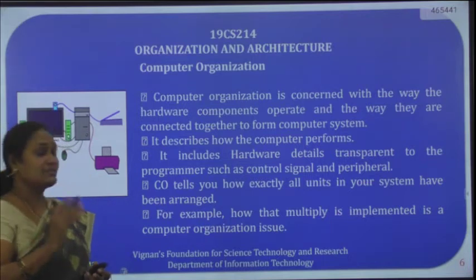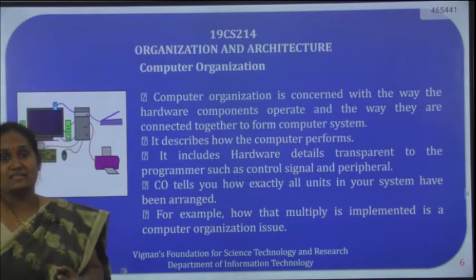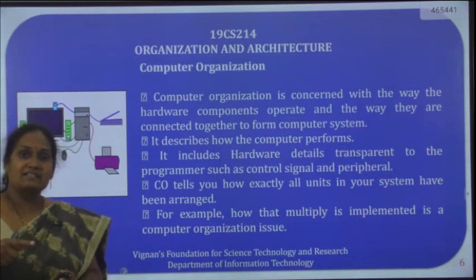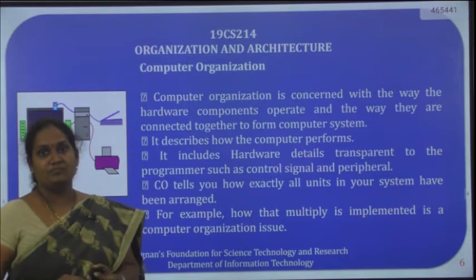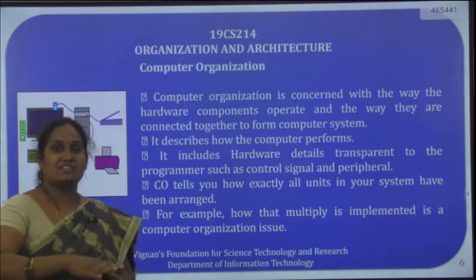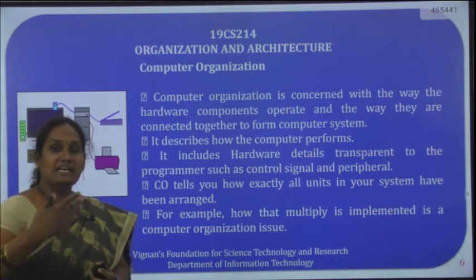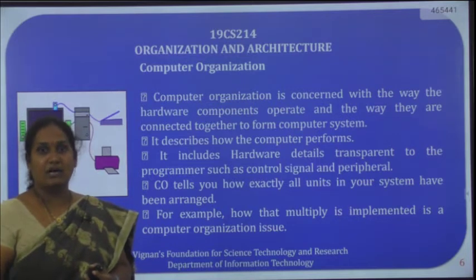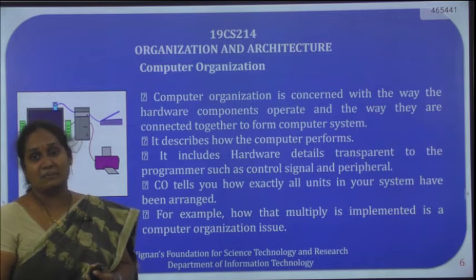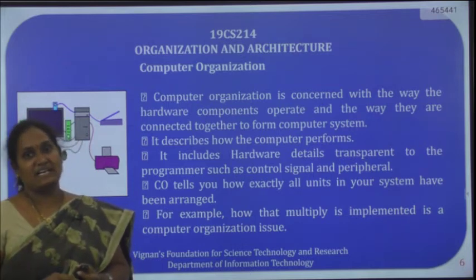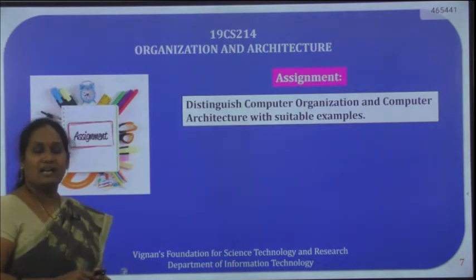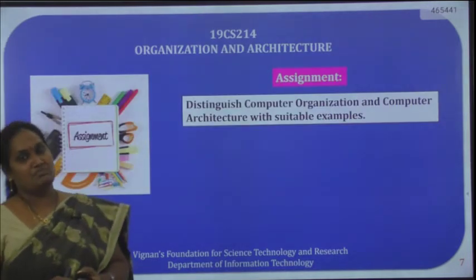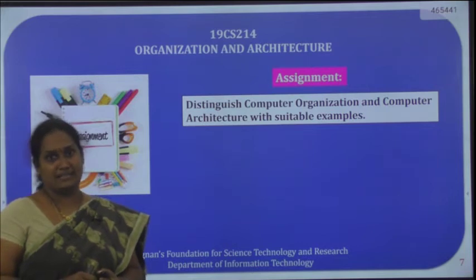Already I told you that the computer architecture issue is whether your system contains an instruction for multiplication or not. That is an architecture issue. So, if it contains the instruction for multiplication, how that instruction will be implemented, how a multiply operation can be carried out, that is to be explained by organization. I hope that you all understood the difference between computer organization and architecture.